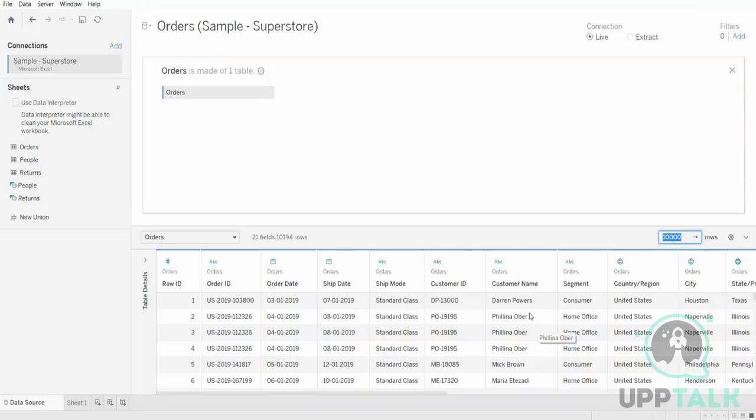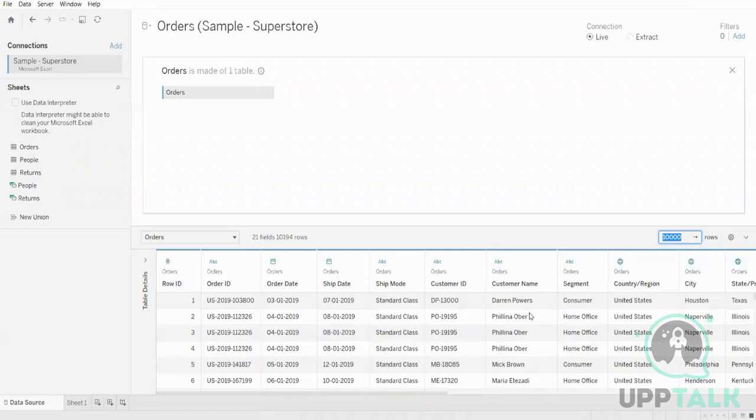And when you see 10,000, you cannot put random numbers and get blank spaces or something. You can put 90,000 as a number, but what it will do is it will show you the maximum number of rows that are present in the data set. Okay,